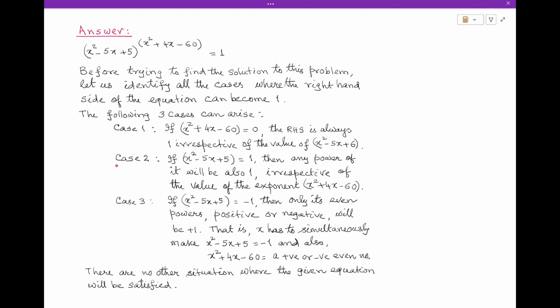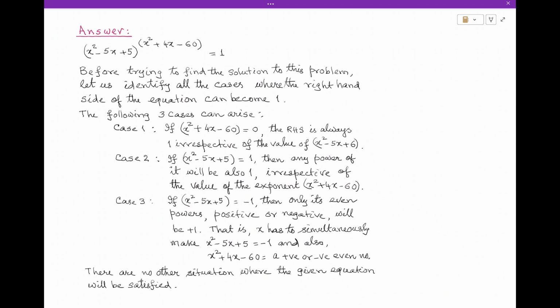Case number 2 is if x² − 5x + 5 is 1, then the right hand side will always become 1 irrespective of the value of the exponent. And the final case, case number 3, is if x² − 5x + 5 is −1, that is, if this is negative 1, then the right hand side will become plus 1 only if